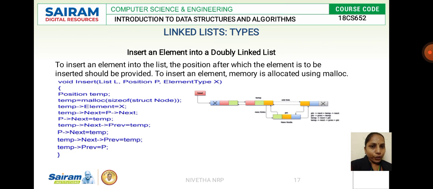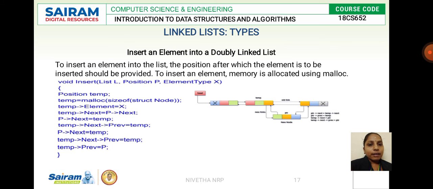Okay, now what we do, we create 2 links here, one for forward link, the other one for backward link. So temp of next is equal to P of next. Now we are breaking that link and creating a new link. So temp of link will be now the previous node's next, and the previous of next will be the temp. Okay, so previous next will be the temp now after inserting an element. So now the temp of next will be your previous of temp. Now you have created a forward link.